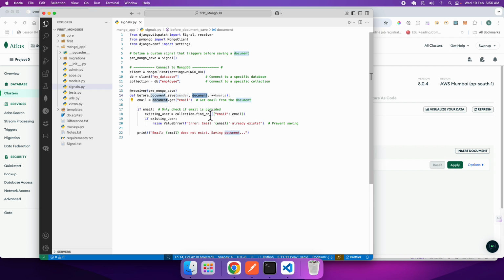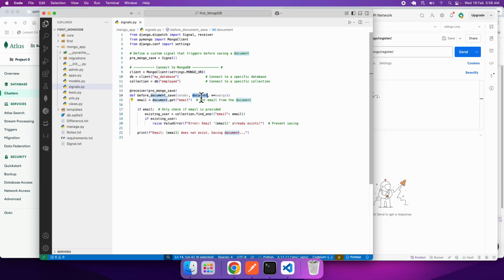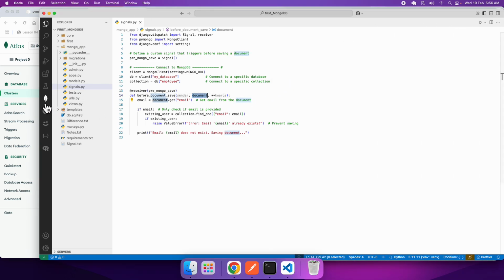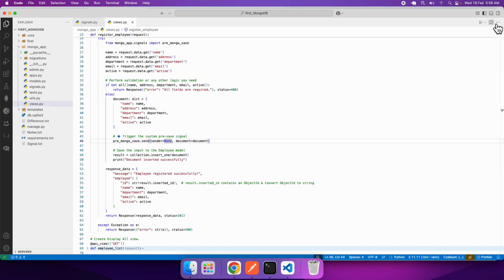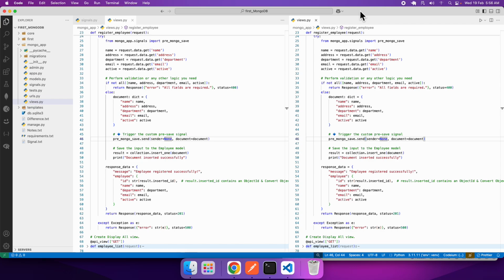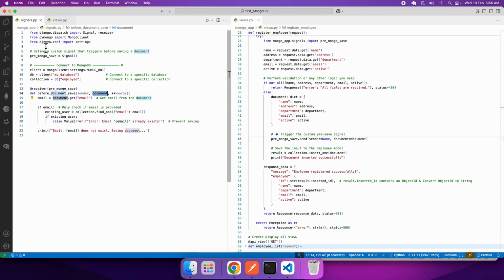The second one is the document that I want to register. That means when I will submit this particular document, which is my object, or you can say dictionary, that will come right over here. Don't worry, I will show you that even. Okay, let me show you that parallelly, then it will be easy for you to follow. So let me take you to the views.py and let me split the screen so that you can see both the files together. And here it is. Let's give it aside. So as you can see over here, that how this particular signal I'm calling,